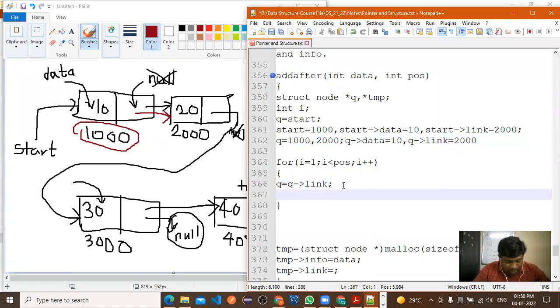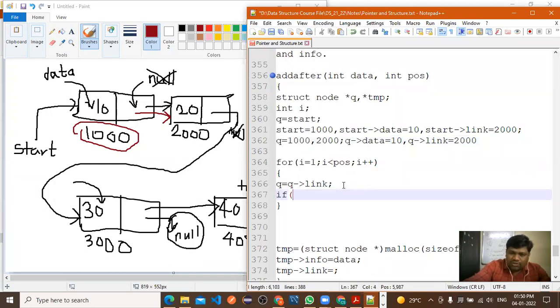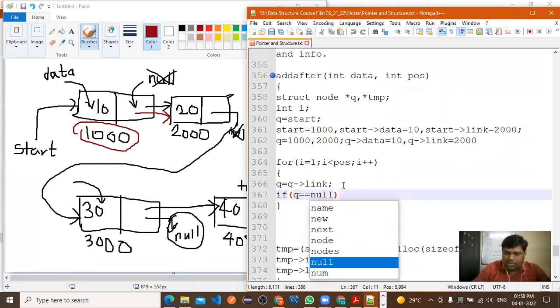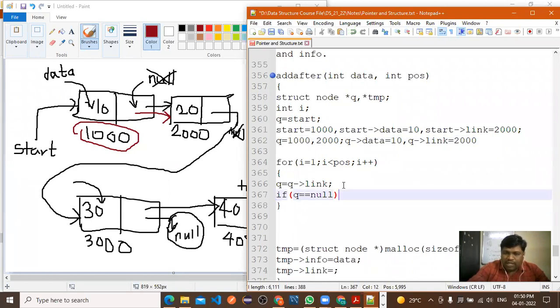Now all of you give attention. So here I'm writing the code directly. We'll check Q is equal to null. If Q is equal to null, then what are you doing? If Q becomes null at the end, okay, but we will write this condition later.